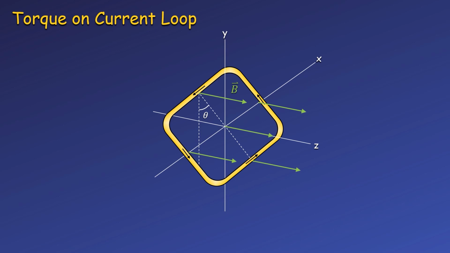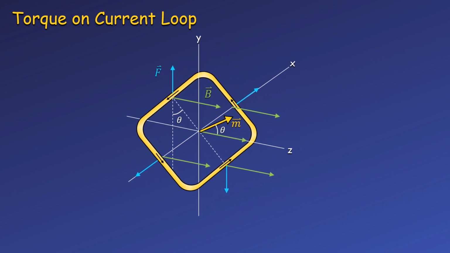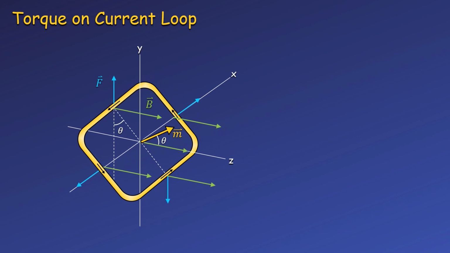If we look at each side of the loop individually, we can use the right-hand rule to find the direction of the force on each side. The two sides that run through the x-axis will have forces in opposite directions and will cancel each other out. The top and bottom will have forces in opposite directions, but they are not directly opposite. There is some perpendicular distance between the force vectors. This pair of forces form what is called a couple, which will act to rotate the loop,